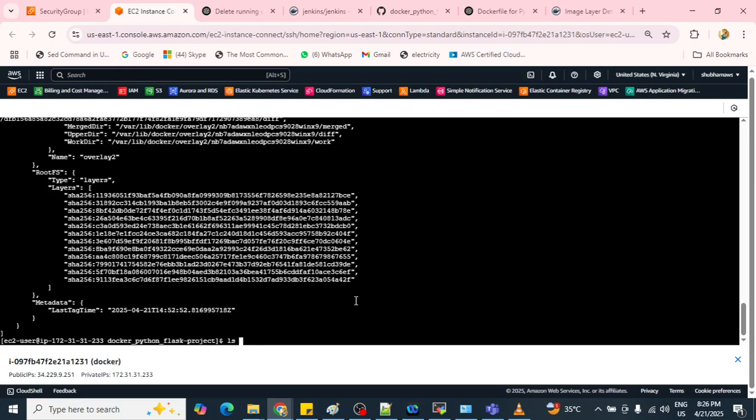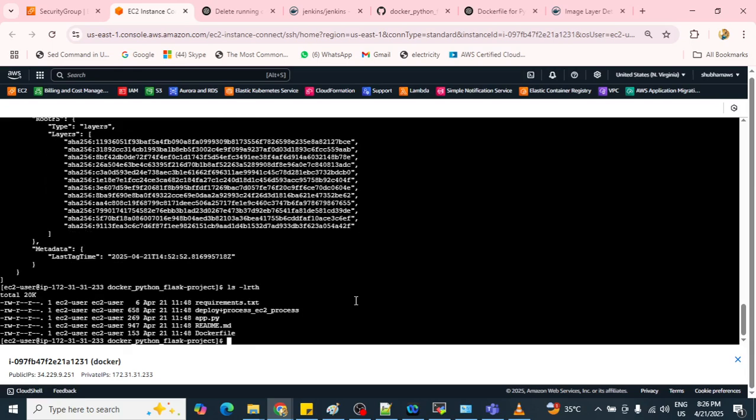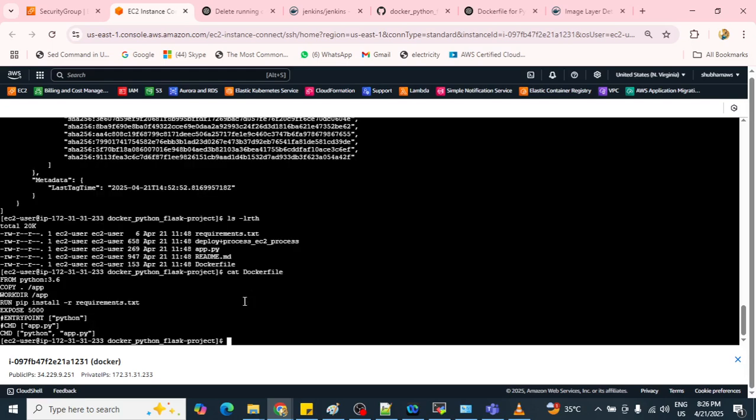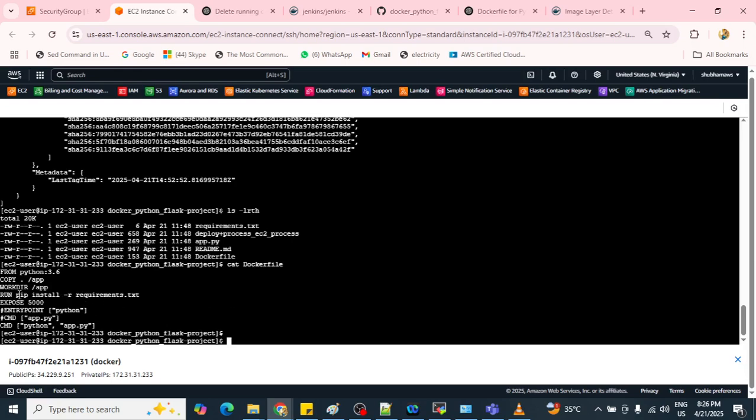Once we build with the dot command, the application inside your app.py and requirements.txt are going to be installed inside that particular image. You can see it is installing that requirements.txt also, which is mentioned here. We are also installing our dependencies, and we are copying all these things inside your /app directory.